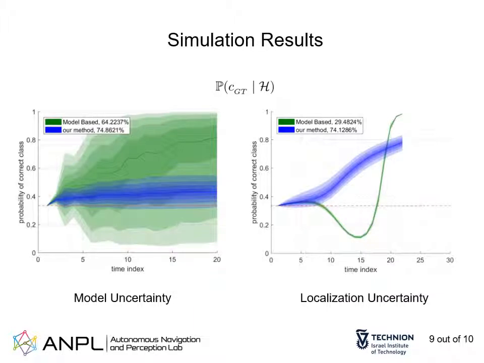Presented graphs compare the probability assigned to the correct class by our scheme to a method as proposed by Teacy et al. in a MATLAB simulation. One step of color intensity indicates a 10% percentile step. The dark lines denote the mean. Our method, shown in blue, robustly accumulates confidence both in presence of heavy classifier uncertainty on the left and of